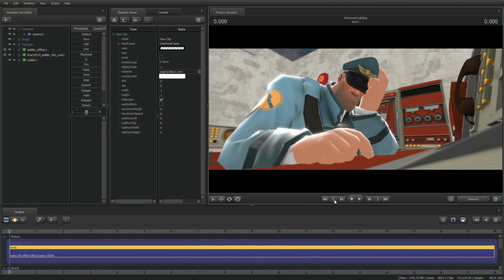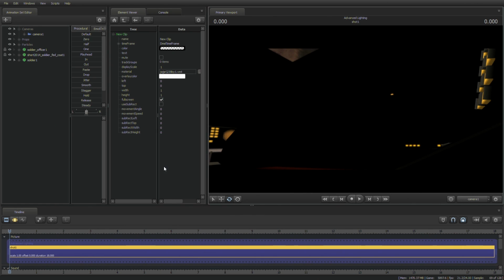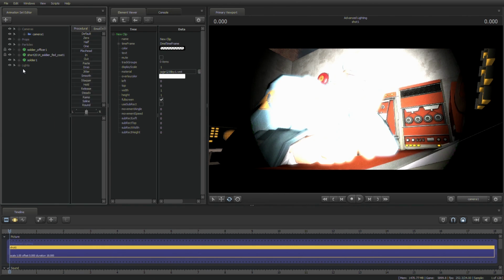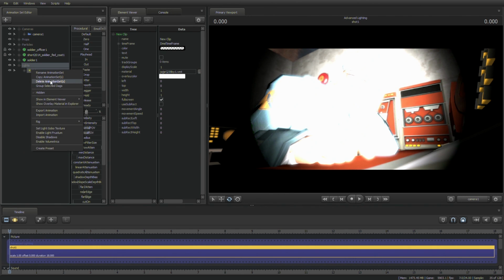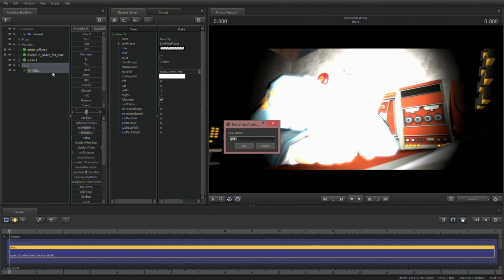So I'm just gonna dive right into this and just start with the basic lighting for the shot. So I'm gonna enable lighting. As you can see, there's no lights whatsoever in there. So I'm gonna create my first light. I'm actually gonna name the lights. I don't usually name the lights because I'm not that organized, but I do suggest that you do just to stay organized. So this one will be